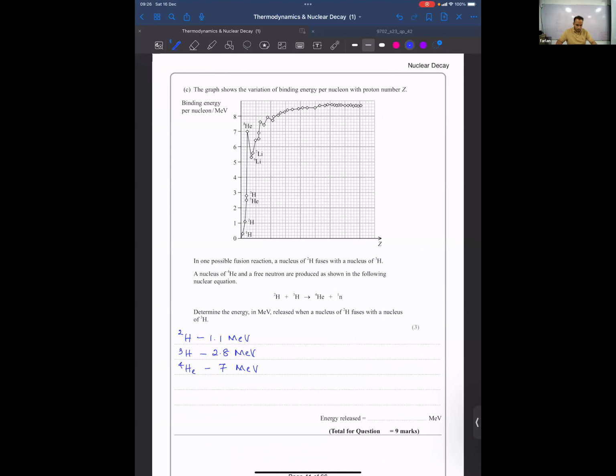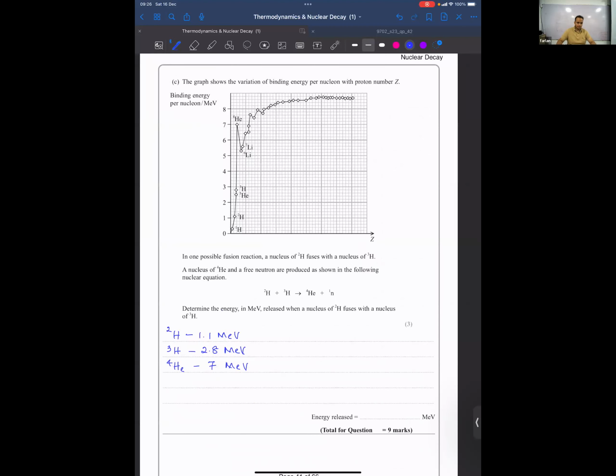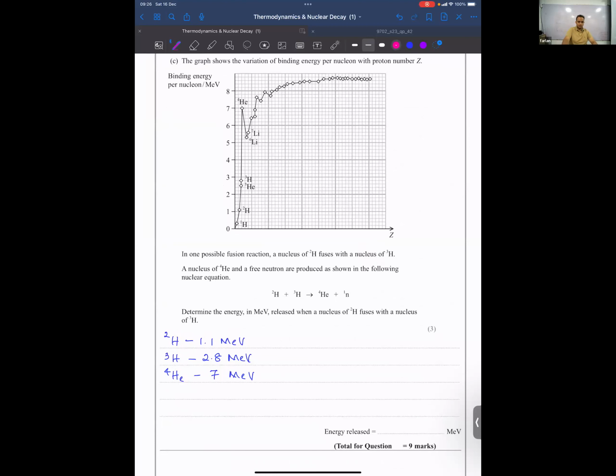Okay. So now what happens is, when it is fusing,